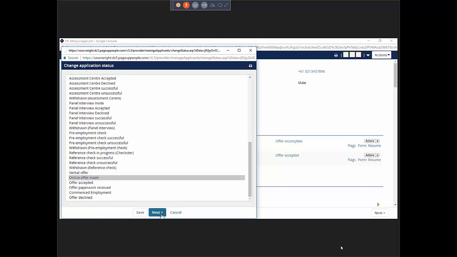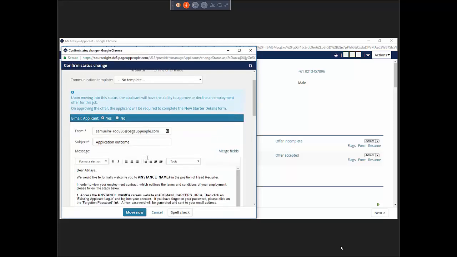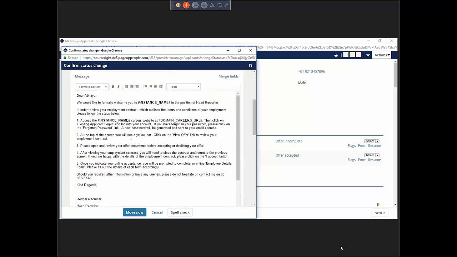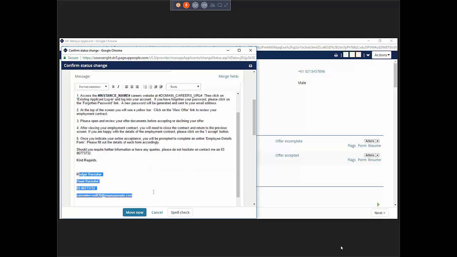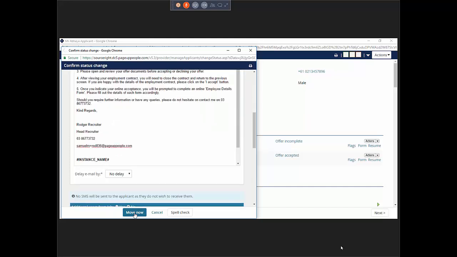So this is the key communication status, whereby all of the text in this email will really show the employee what to do now to accept their offer, and it's really a welcoming email. So again, a lot of placeholders here, a few merge fields that will pull through, such as the recruiter's name and the email. So if I'm happy to send that, I can click Move Now, and that email will go